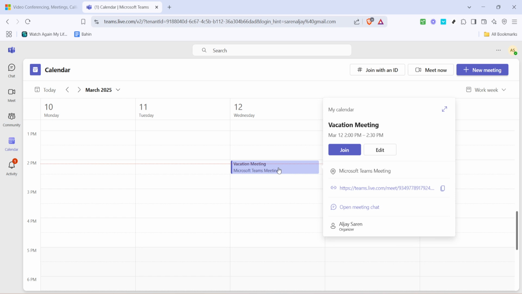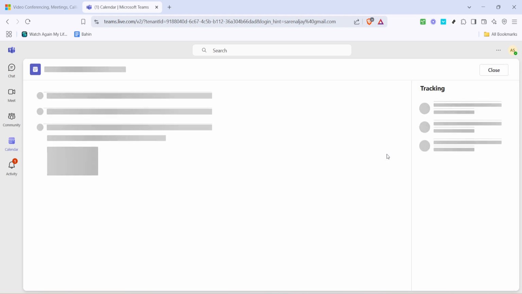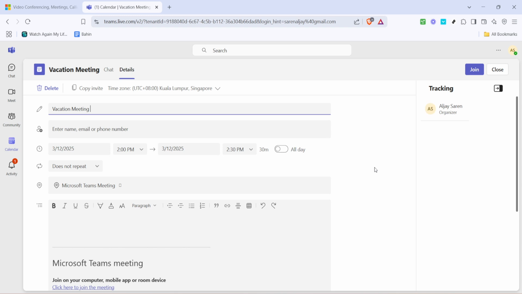Once you've selected your meeting, click on the edit option. This will open up additional settings, allowing you to make the necessary adjustments for creating a recurring meeting. Editing here is crucial because it unlocks the functionality to turn a single event into a sequence that fits your